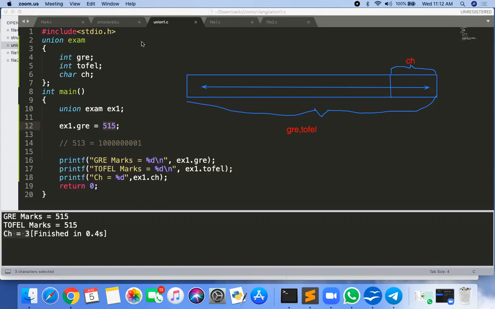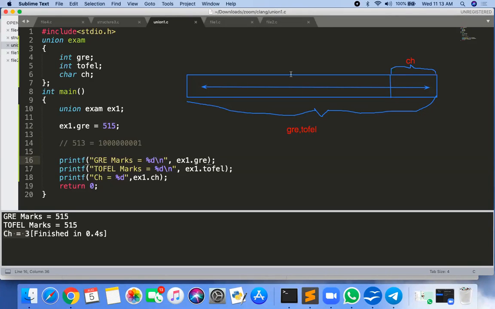Okay. So this is your union. Now how to access a union, how to initialize the union members, then how to create the dynamic object of the union. That is very similar to your structure. Use the dot operator when you are using the object, use the arrow operator when you are using the pointer.